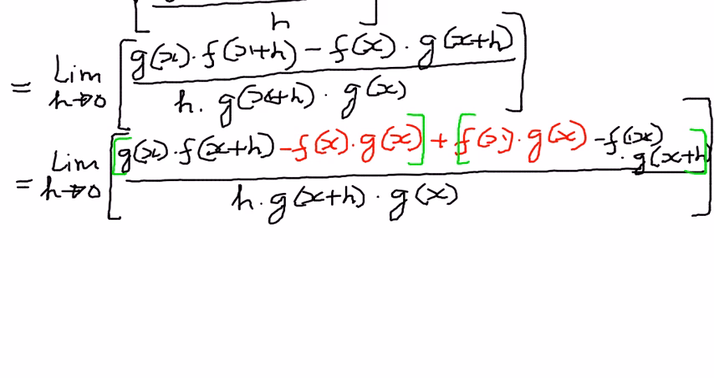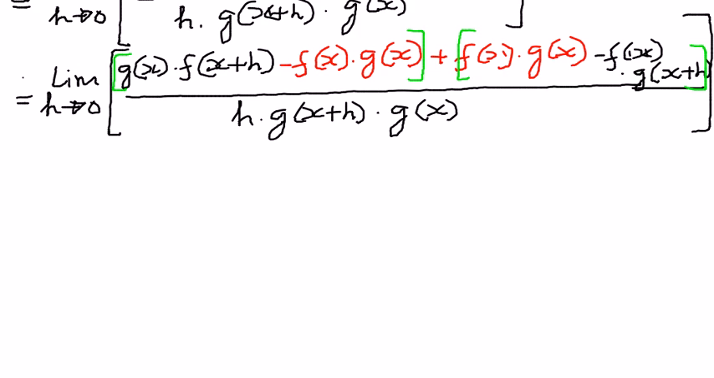So if we were to combine them by taking g of x common in the first set of brackets and by taking f of x common in the second set of brackets, we should be able to simplify it as shown here. So let me write here. Limit as h approaches 0, we can write this one as